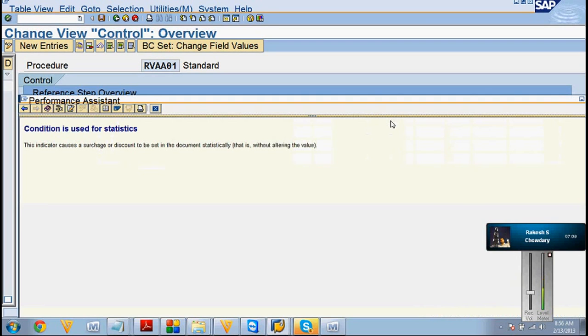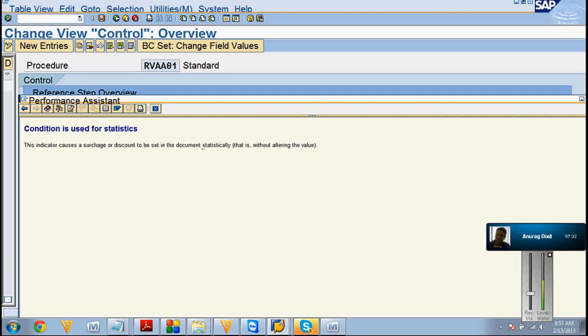Statistics means this indicator causes a surcharge or discount to be set statistically, that is, without altering the value. What is an example of this? Basically the indicator causes a surcharge or discount. Suppose a surcharge will be $2 more and a discount will be $2 less.